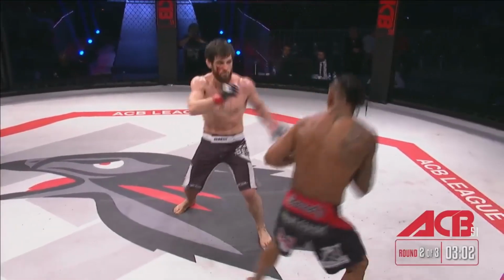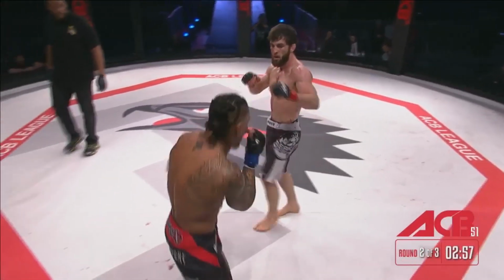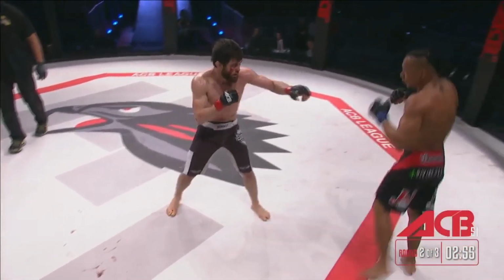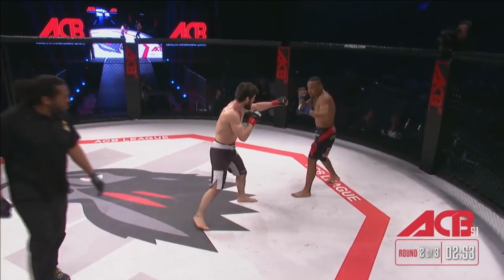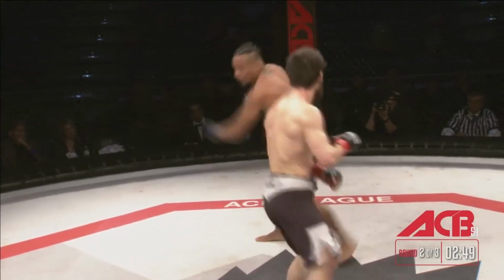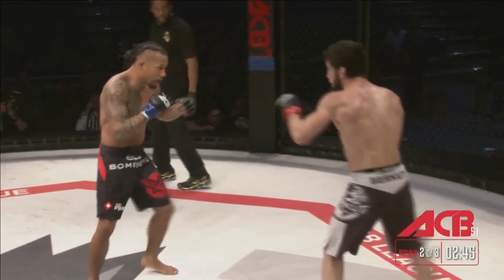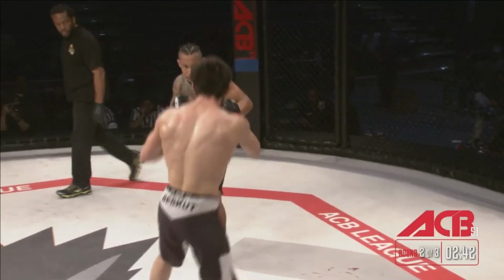Interesting to see Musa constantly just doing that 1-2. Well, he's trying to keep his hands moving. I think Bruce Lee said it's easier for something in motion to continue to stay in motion. Sometimes when you stop moving, it's easier for your opponent to see. And right now, Palomino